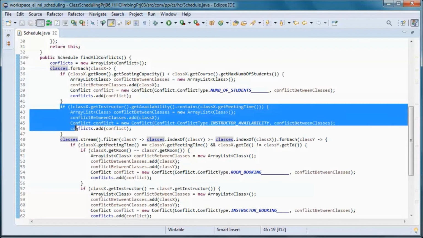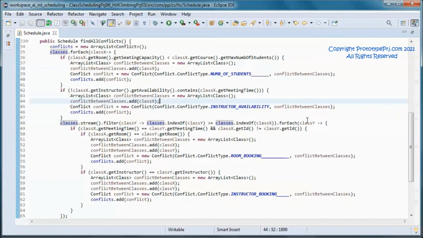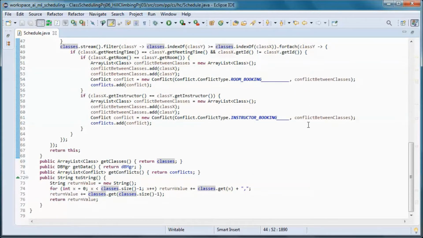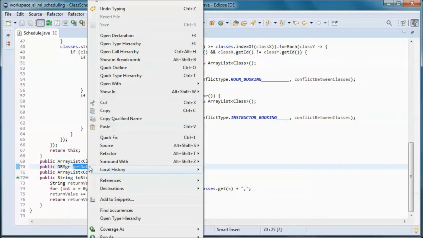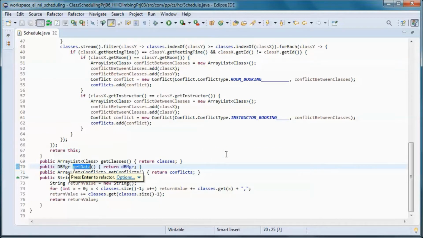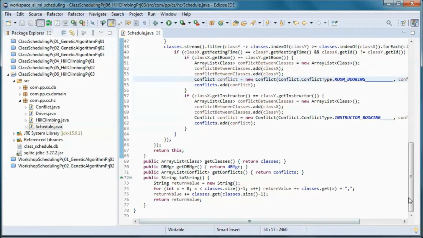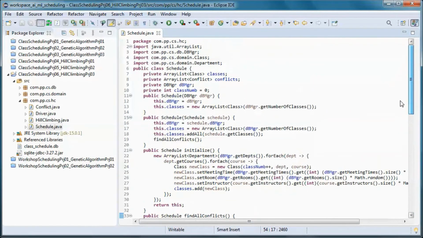So this finds the instructor availability, scheduling conflicts, and let's refactor this one. And this should do it for this class.